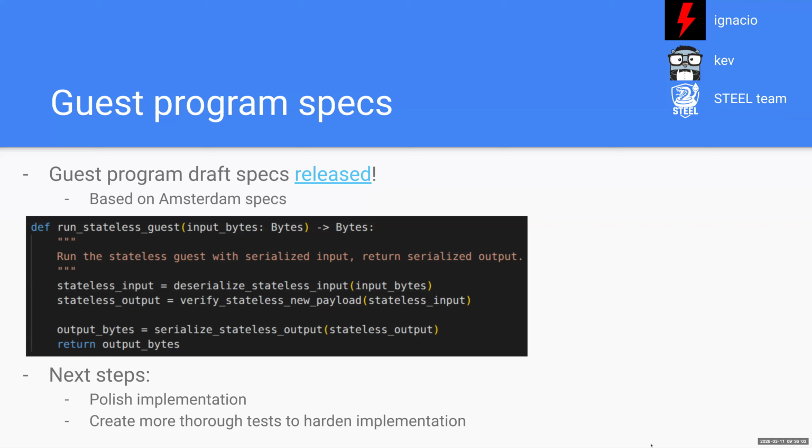Ignacio, there are some questions about RLP and SSZ. My thinking is that we can only choose between RLP and SSZ. I know some zkVMs use bincode or rkyv, and I think we just want to go with whatever is more performant here. I don't know if you had any thoughts on that.